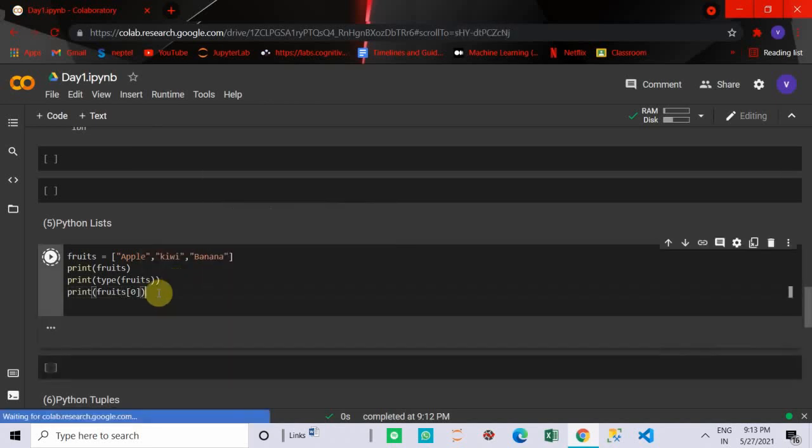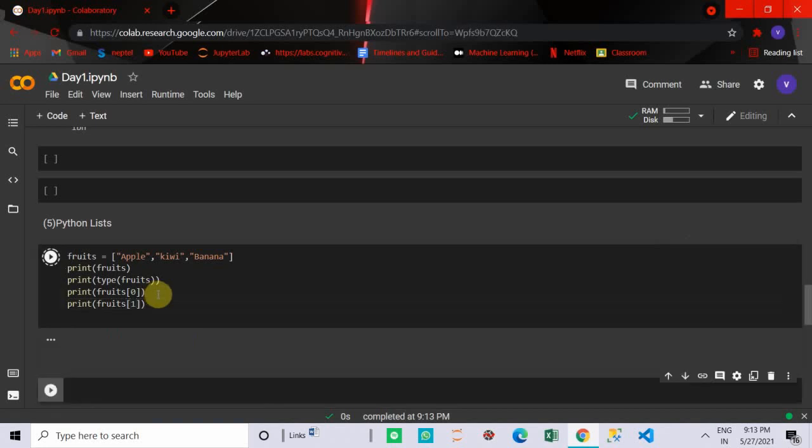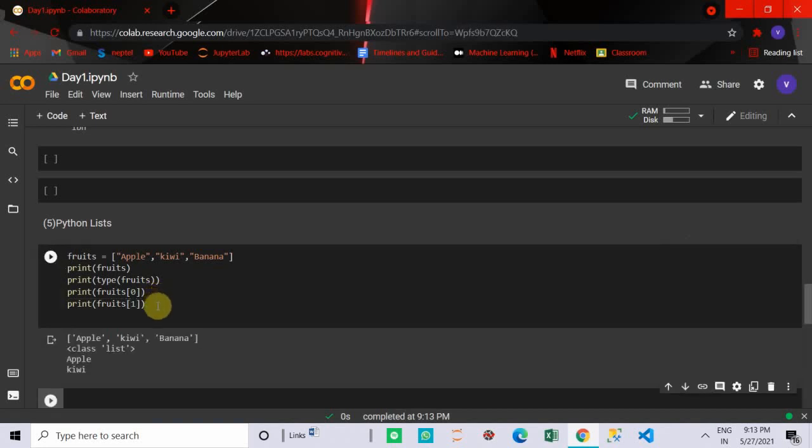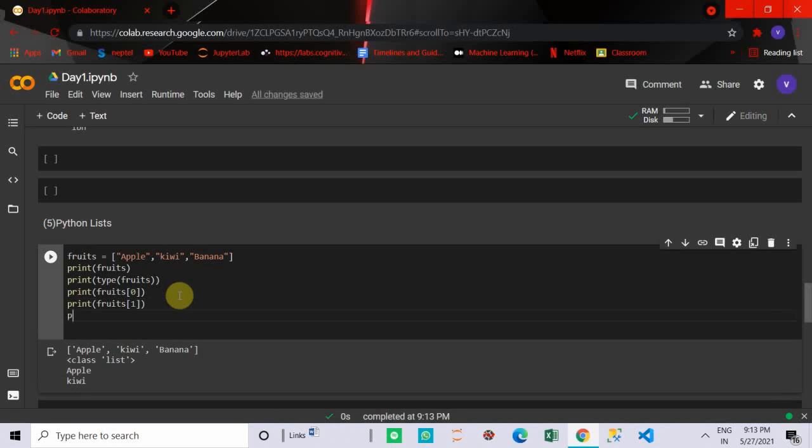What is the element at zero index in the list? That is apple. Similarly, print fruits one gives kiwi. I'm not sure whether multiple indexing works, but let's check.